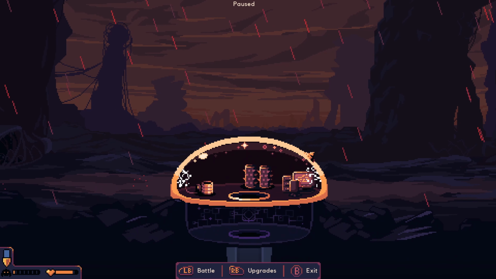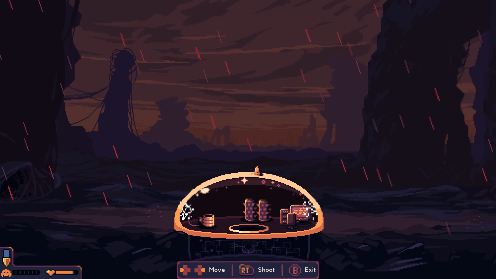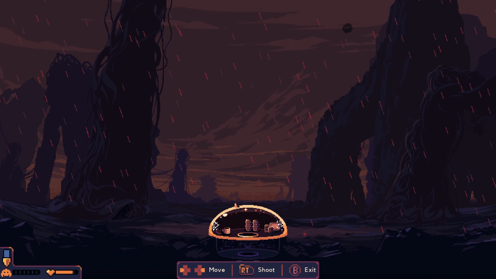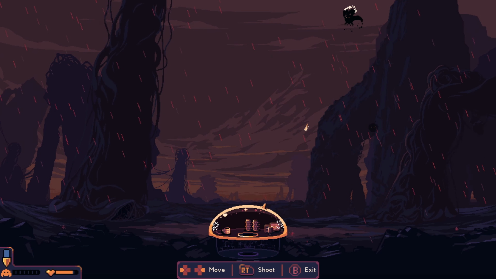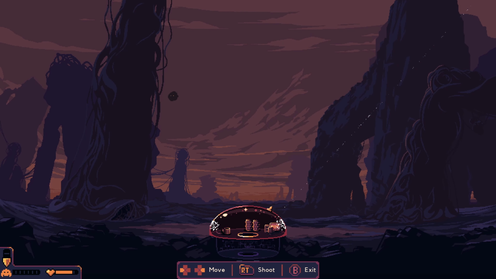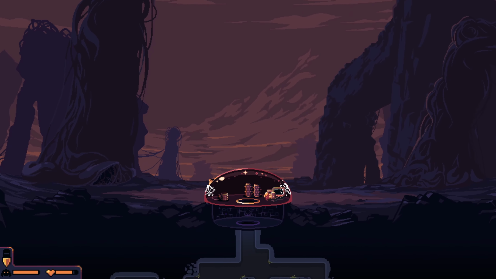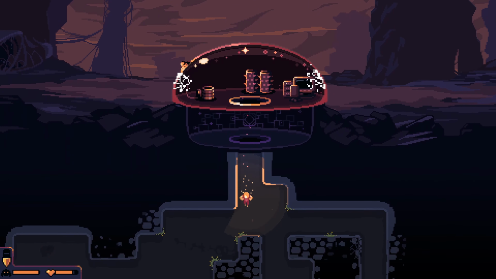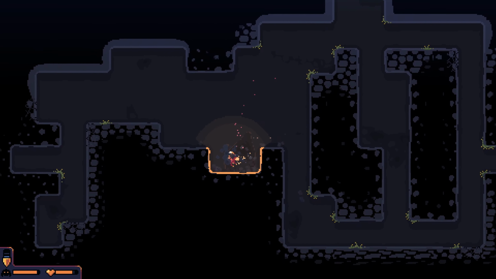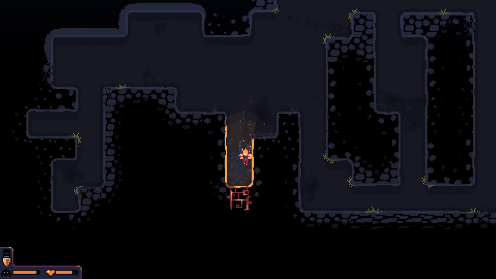Alright, let's prepare for battle here. It is raining now. It's a nice touch that the weather actually changes every now and then. Alright. And yeah, the nice thing about the laser is that it actually does some, I guess, stun damage onto enemies, so it actually stuns them and...